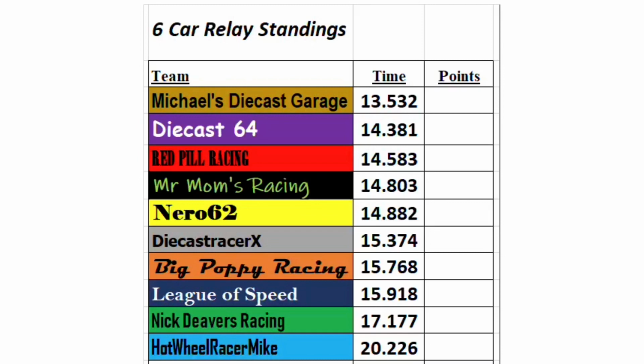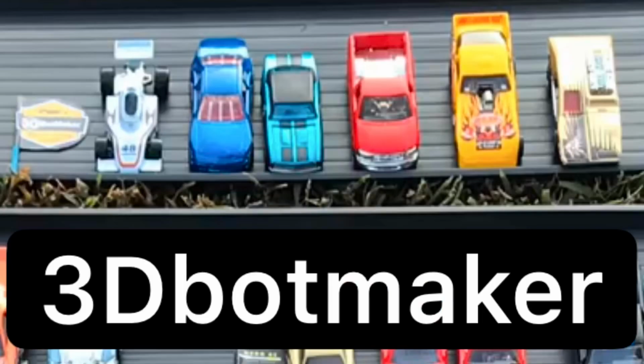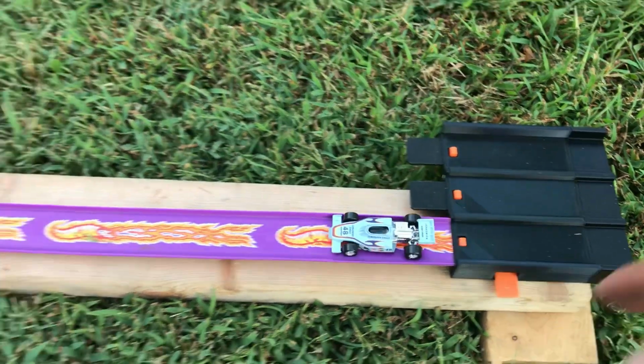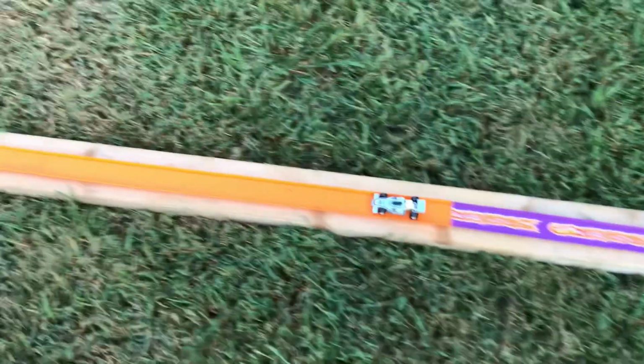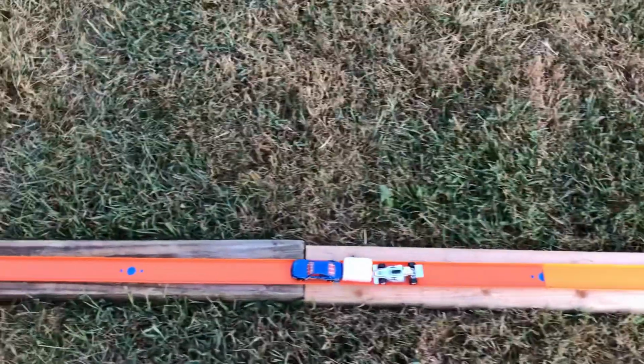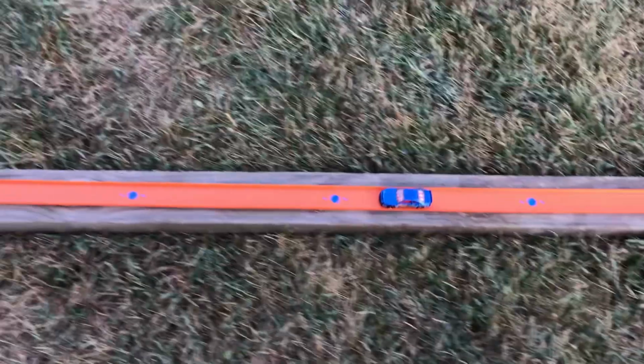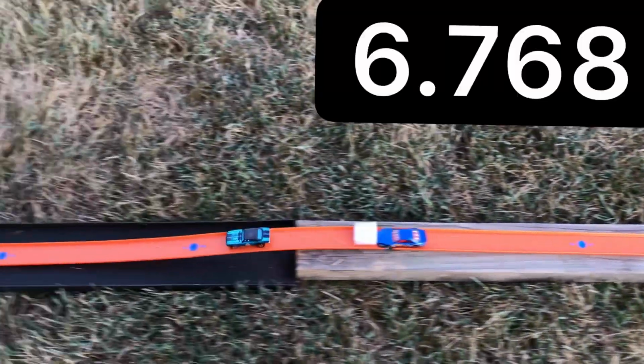Next up will be 3D Bot Maker. And he's got the JL Indy car, the T-Bird Stalker, the 50th anniversary Camaro, Ford F-150, the not-so-funny Funny Car, and the Sidekick. First off, here we go. That Johnny Lightning car is out of the starting gates. Starts down. The first handoff will occur at 3.814. The T-Bird Stalker moves down for the 50th Camaro,